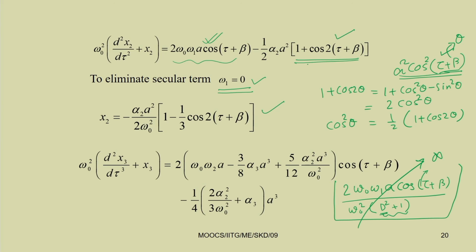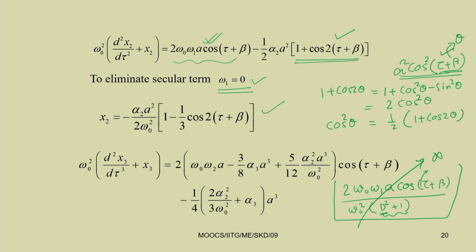So, by doing that, you can get the expression for x2 equal to minus alpha 2 a square by 2 omega 0 square times 1 minus 1 by 3 cos 2 tau plus beta. So, already you got the expression for x1, now you got the expression for x2. So, we can substitute this expression for x1 and x2 in the third equation,